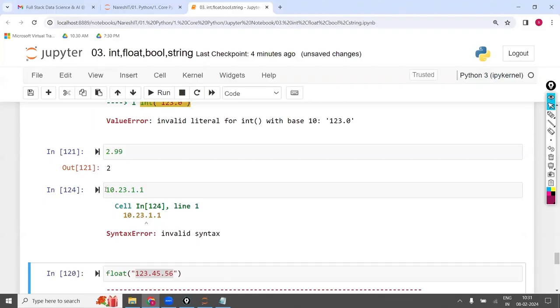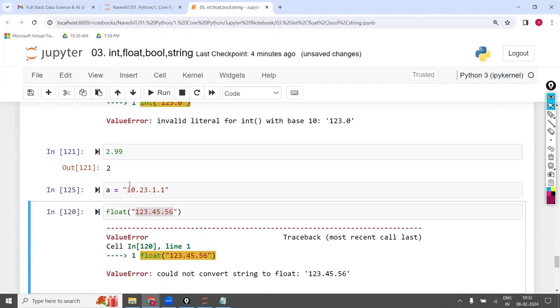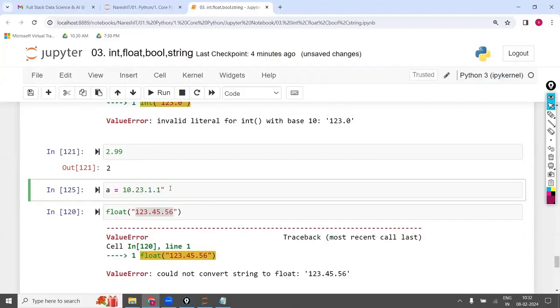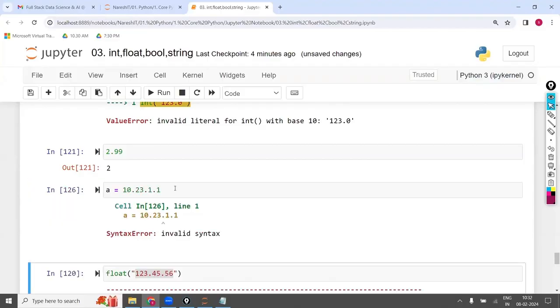Can you take this value, can you store this value at least directly without using the inverted commas? Is that considered as a value first? No, it is not even considered as a value. Without inverted commas, we can't even store it. For example, like 10.2 point, just try like this. It will not even accept. It is neither int, neither float, neither boolean, neither string.